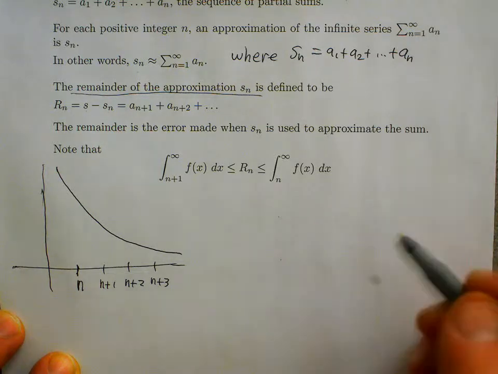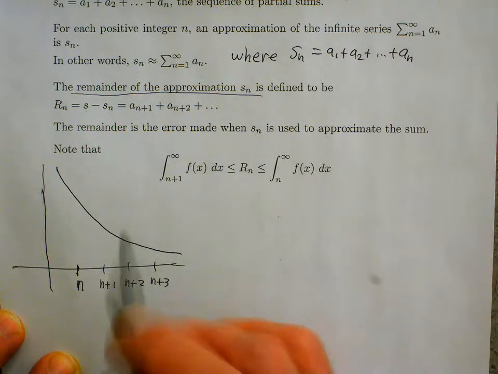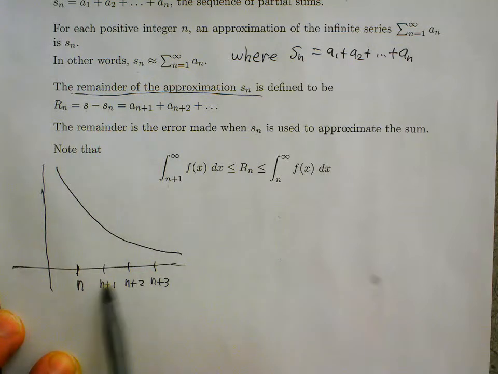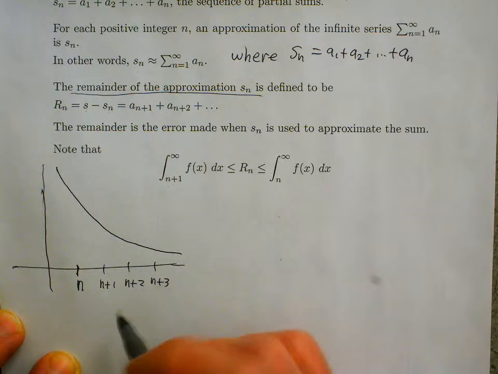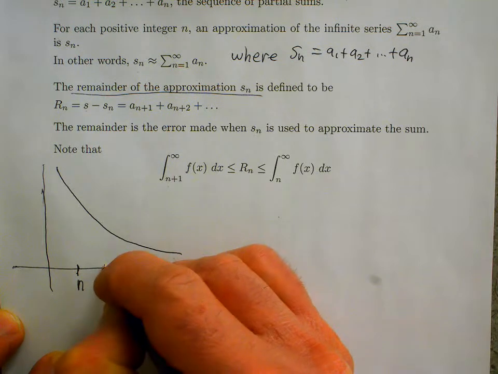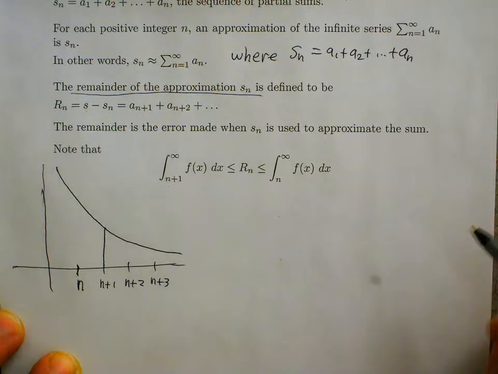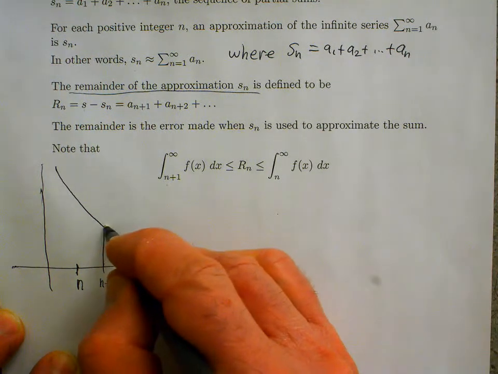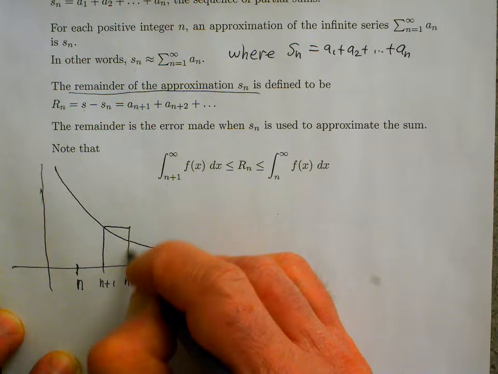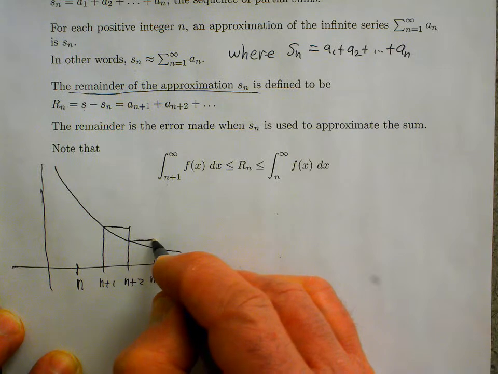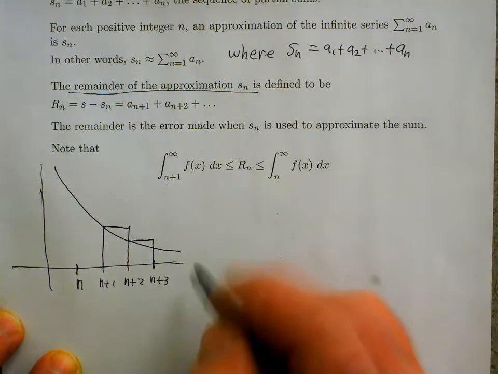So I want to show that the improper integral from n plus 1 to infinity is less than or equal to r sub n. So if I construct my rectangles this way, so that the rectangles are partially above the curve,